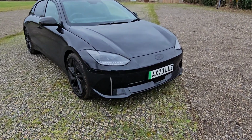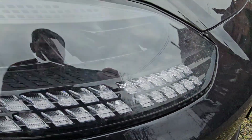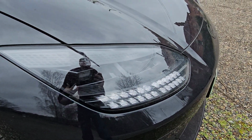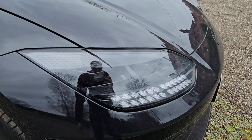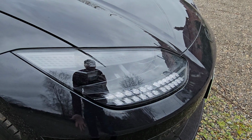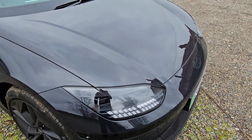Going to start off with the headlights, so we're going to zoom right in. Like with the Ioniq 5, you also get a lot of pixels, little square bits on here, which actually look really good to me. This car does come with the matrix headlights, and if you've seen my previous videos you'll know how they work, but for those who haven't, matrix lights adjust the beam pattern to basically not blind other drivers. You can also have your full beams on with people coming the other way, but then the computer in the headlights blanks out the beams so it doesn't actually dazzle other drivers,